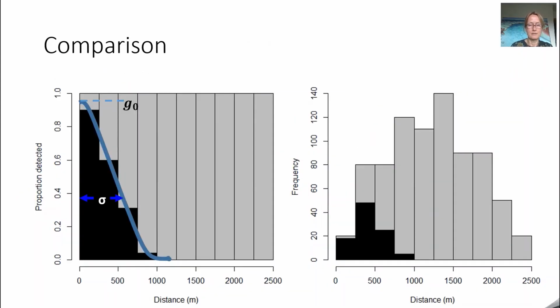Let's go back to this slide from part 1 of this lecture series and see how we can apply the Mark-recapture component here. The calls in this example are equivalent to the animals in the previous example. So here we pretended we would know that each animal produced 10 calls, and that for producing the gray histogram, all 10 calls from each animal